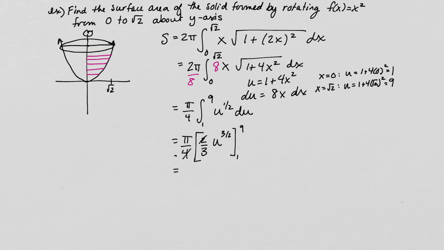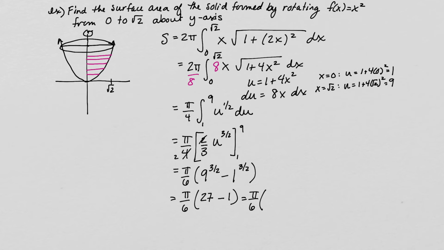The 2 would cancel with the 4, so pi over 6 times 9 to the 3/2 power, minus 1 to the 3/2 power. So 9 to the 3/2 power, you're going to take the square root of 9, so square root of 9 is 3, and then 3 cubed is 27. So I've got pi over 6 times 27 minus, this is just 1, so we've got pi over 6